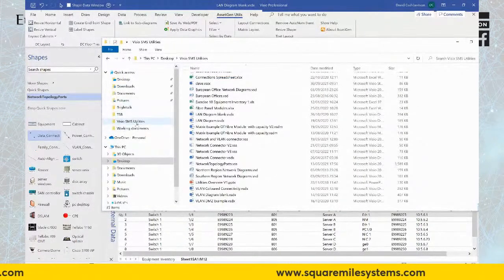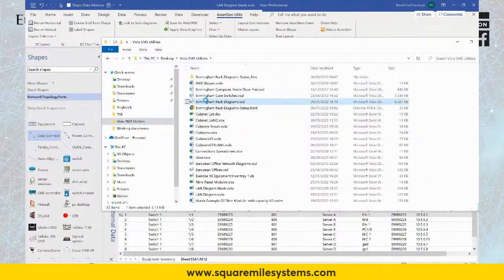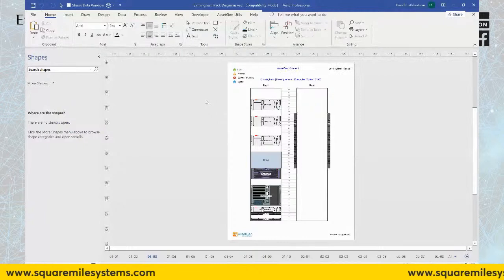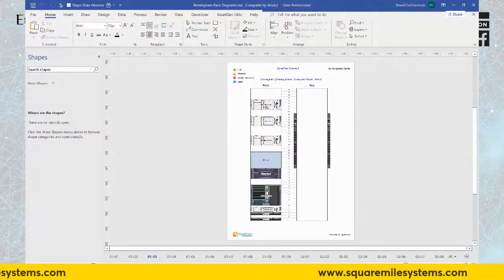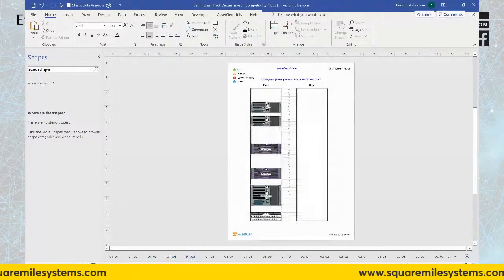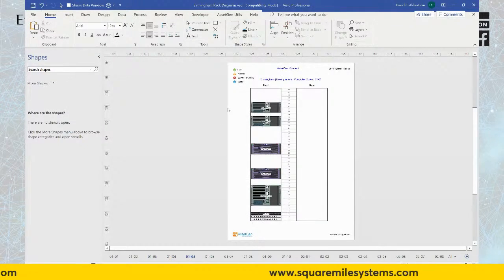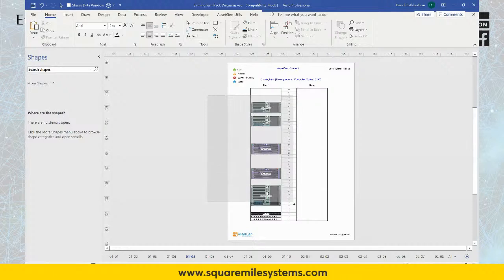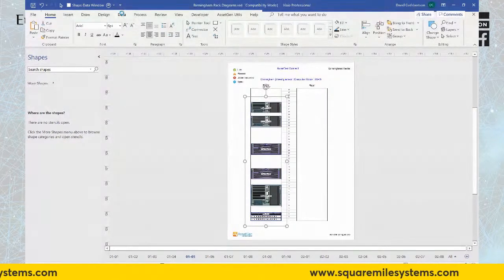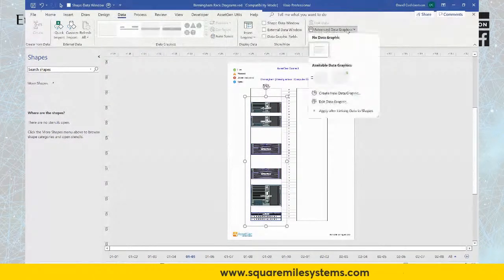Let's just go to utilities here. Here I have a whole load of rack diagrams that you can see. And what we've got here is a tab for each rack in a computer room. So if on the bottom I click on each different tab, you'll see I'm moving along. And if I want to apply a data graphic, I could do it manually by selecting all of that equipment. Using the same process as before, I go to Data, I go to Advanced Data Graphics, and